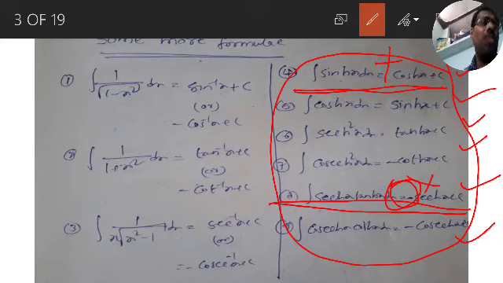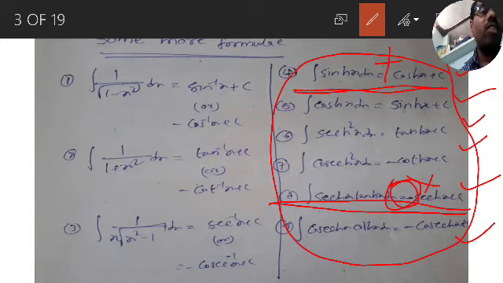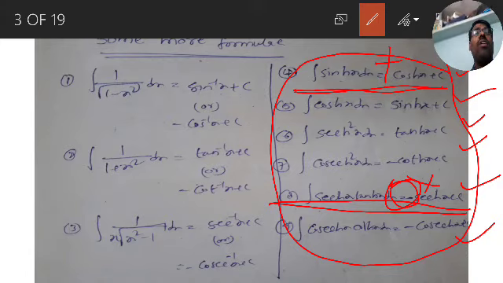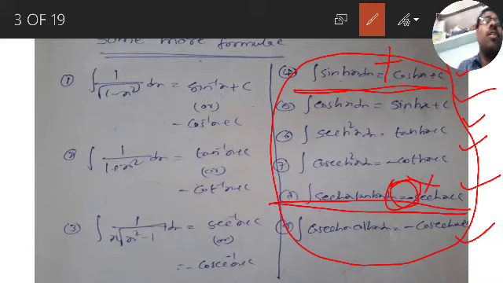How are we getting this? Because differentiation and integration are reverses of each other. Derivative of sinh x is cosh x, and derivative of cosh x is sinh x. Therefore, integration of sinh x is cosh x, and integration of cosh x is sinh x. No minus business in the differentiation formulas also. It will be the same. That only resembles here. Nothing changes. Are you getting, guys? Yes.